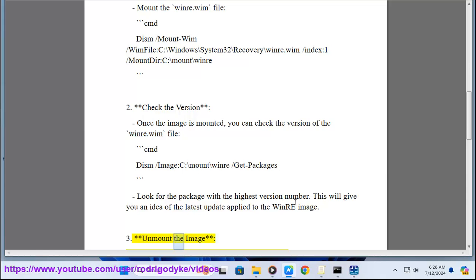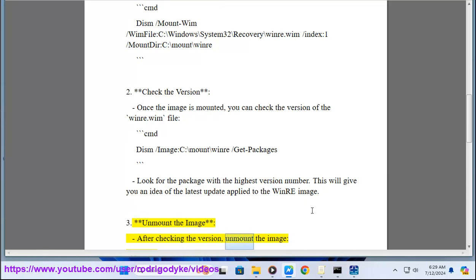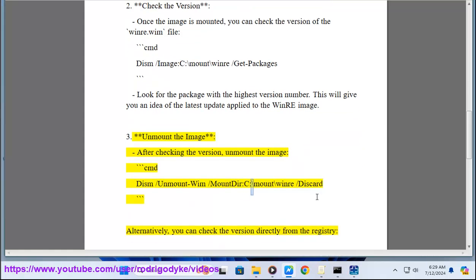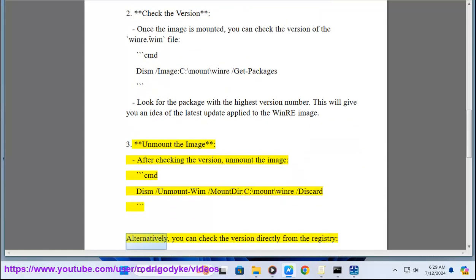3. Unmount the image. After checking the version, unmount the image: dism /unmount-image /mountdir:c:\mount\winre /discard. Alternatively, you can check the version